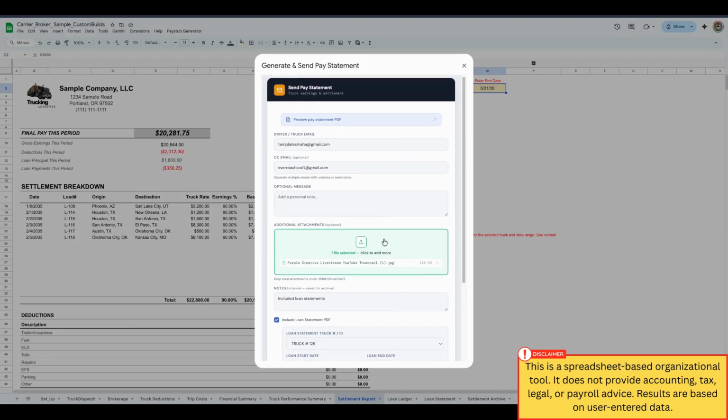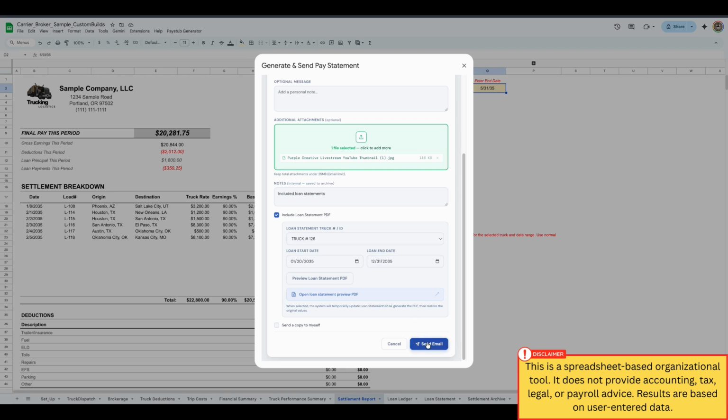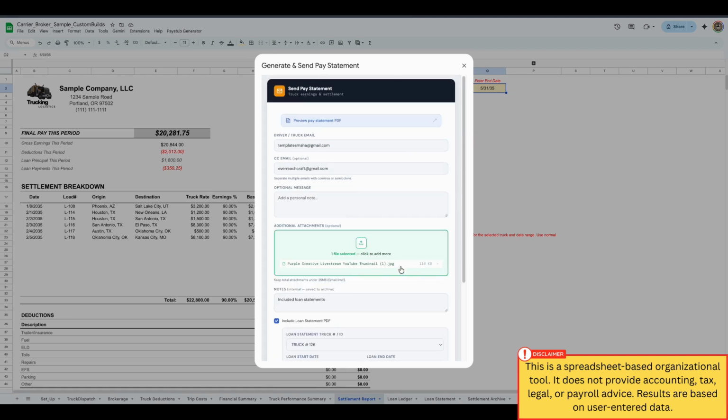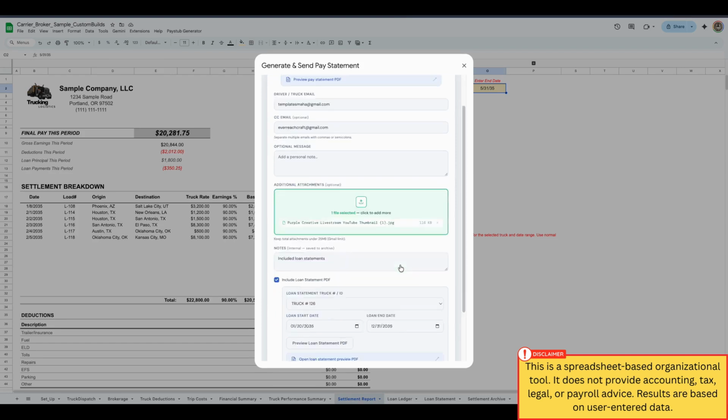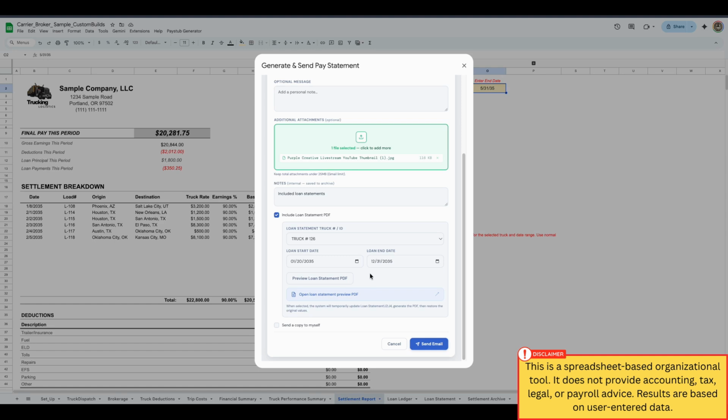Then you can just hit send, and it will send the pay stub, the JPEG or anything that you attach, or a PDF, and also a loan statement. If you don't want the loan statement, you can just uncheck it, right? And if you want to send a copy to yourself, you can click on this and it'll send you a copy. And then once we hit send,